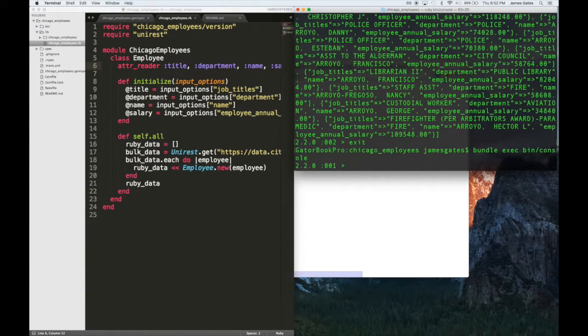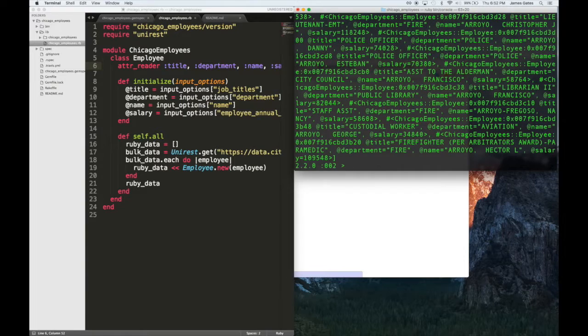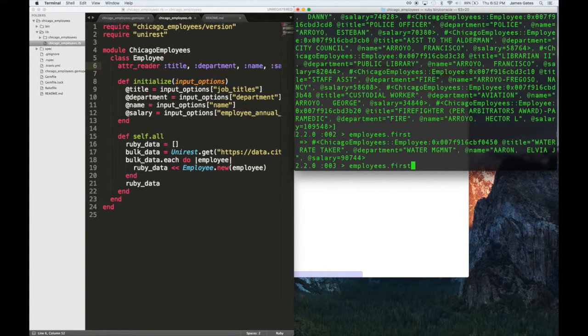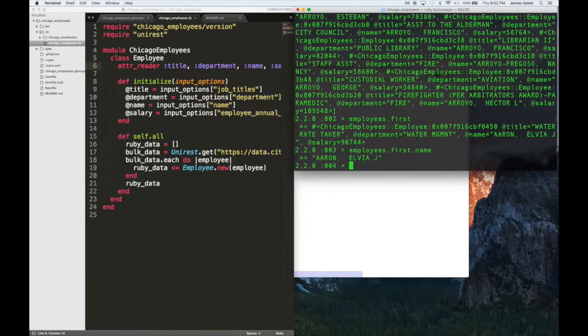I'm just checking this over real quick, we should be able to do this. And see, now we have attributes. So we can do employees.first. Okay. Employees.first.name. Cool. So it gives us a lot more flexibility. We can now manipulate these things. We can call, you know,